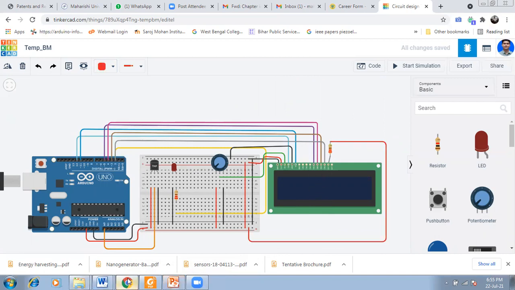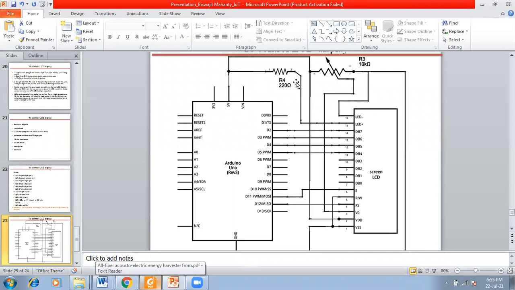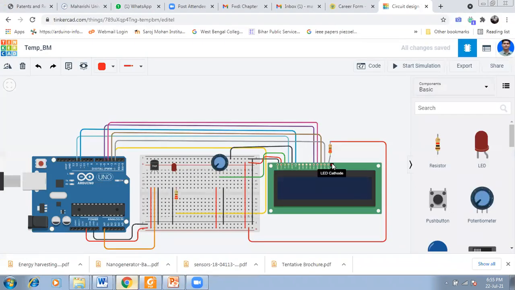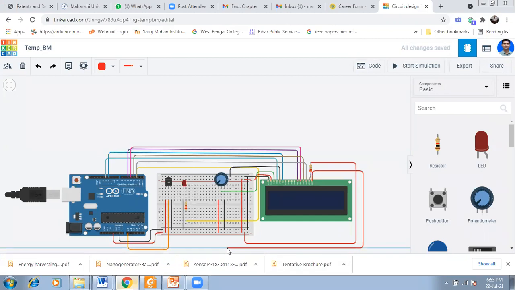See here, see the circuit. LED plus through 220 ohm resistor goes to plus 5 volt, and LED minus, that is pin number 16, is connected to ground potential.